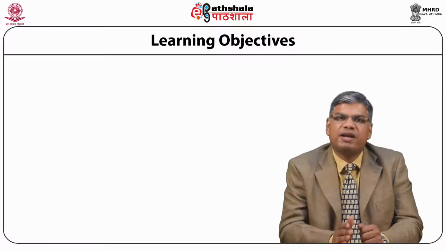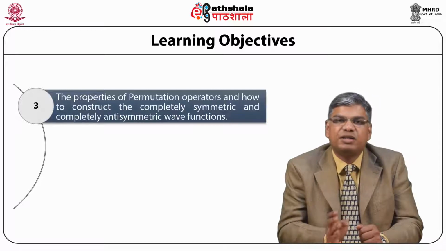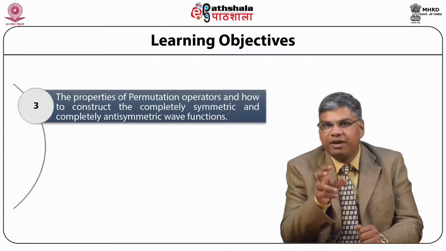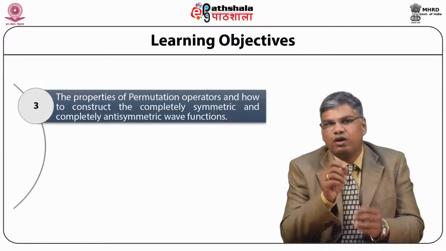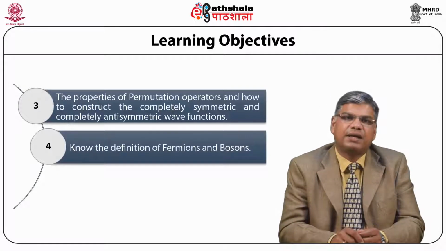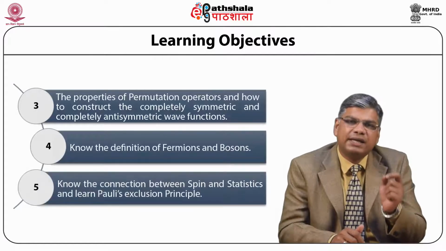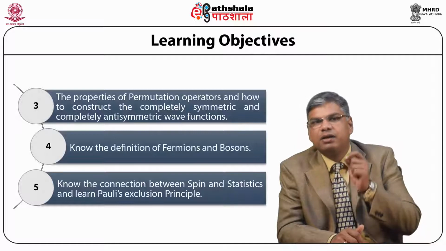Then we will also try to understand the properties of the permutation operator and how to construct the completely symmetric and completely antisymmetric wave functions. We will also get to know the definition of fermions and bosons. Then we'll also know the connection between the spin and statistics and learn Pauli's exclusion principle. In this module, we shall also study the role of the permutation symmetries to describe a system of identical particles